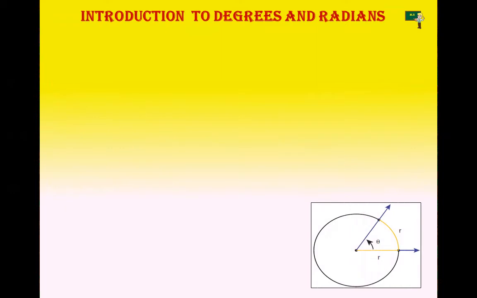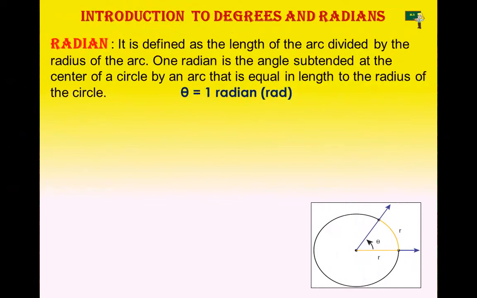Let's see what we mean by degrees and radians. I have shown you one picture which denotes the range. In measuring angles, there are several possible units used, but the most common units are degrees and radians. Radians are used in measuring area, volume, circumference of the circle and surface area of spheres.